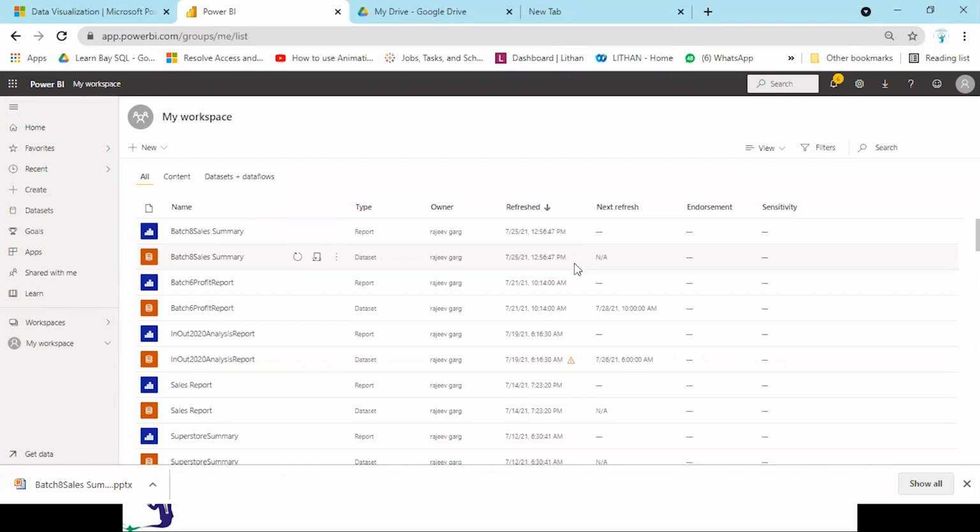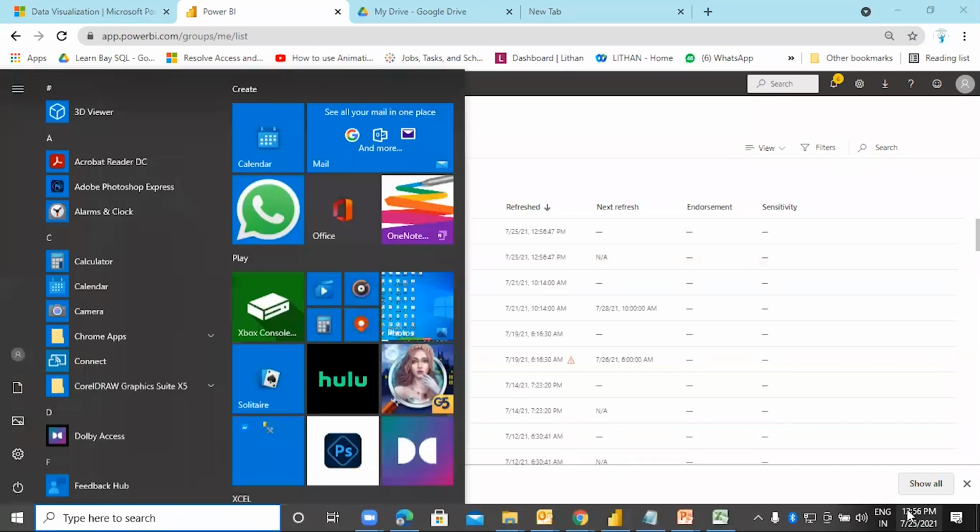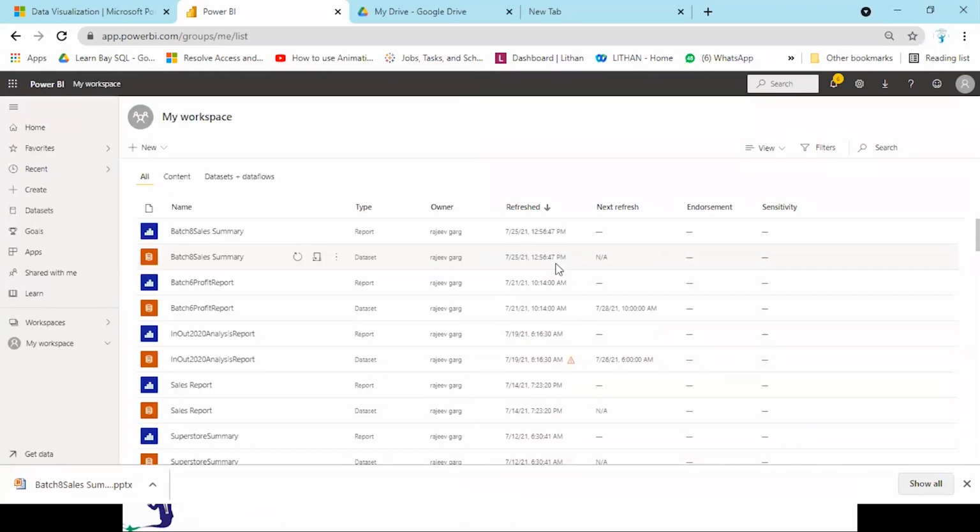Right, the data has been refreshed. See the timing, 25th, 12:56. The data has been refreshed, so that means if any changes have been made in your data,